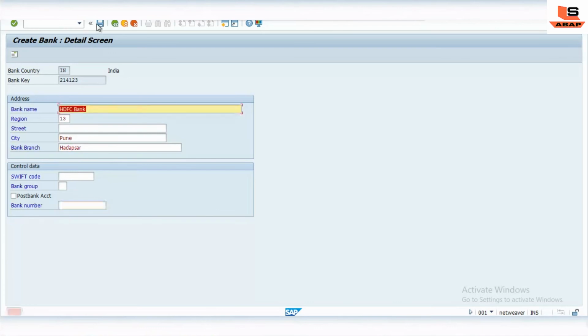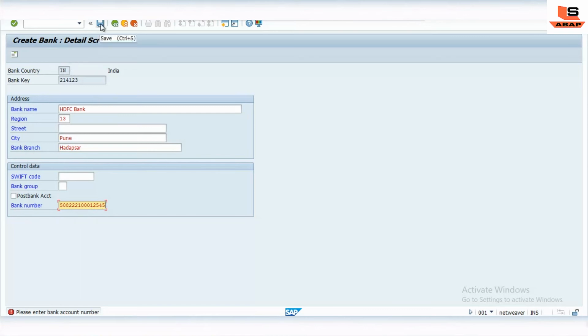Once I save, as you can see the error message is "Please enter bank account number." Unless and until we put a bank account number, it won't allow us to save the data. So let's put some bank account number, 5082221000000000.